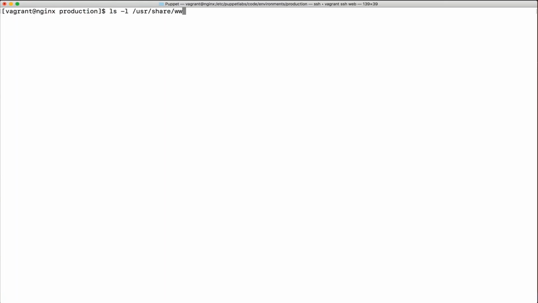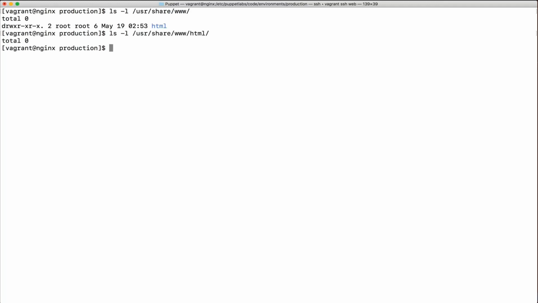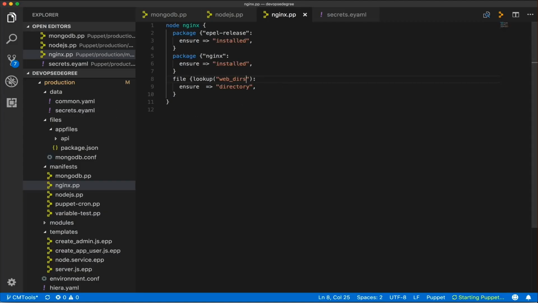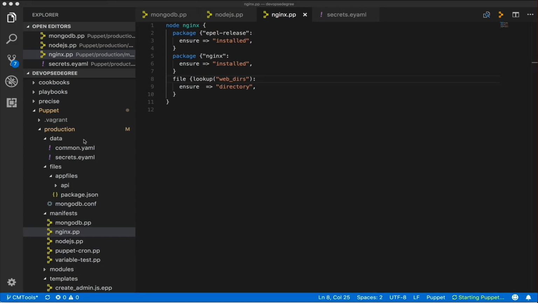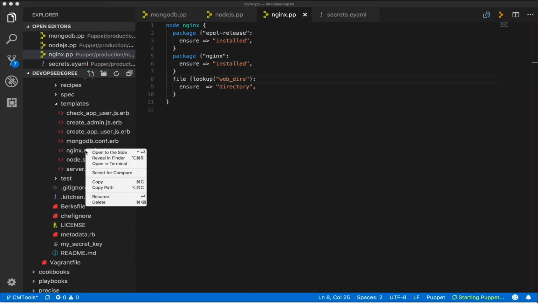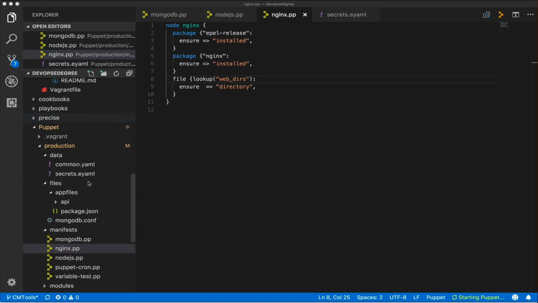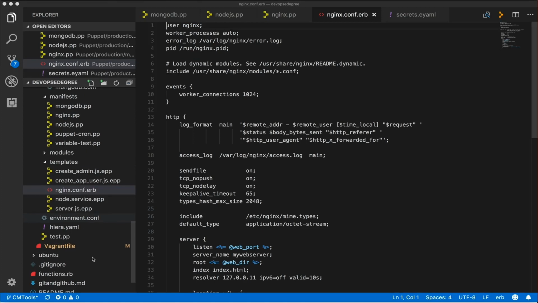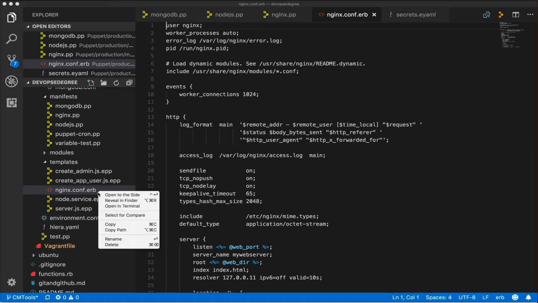Inside it we have www/html, which is the correct directory structure that we need to start uploading our web files. So let's go back to our editor, and now we are gonna need to upload the nginx.conf file. It's gonna be a template because it has a few variables that need to be configured. So let's just copy it from here, from chef, and add it to the templates directory, paste, and rename